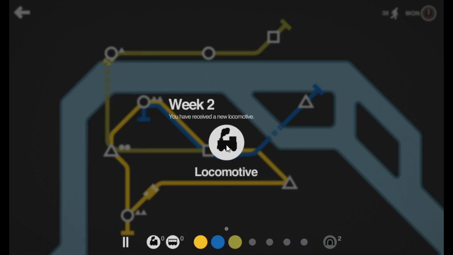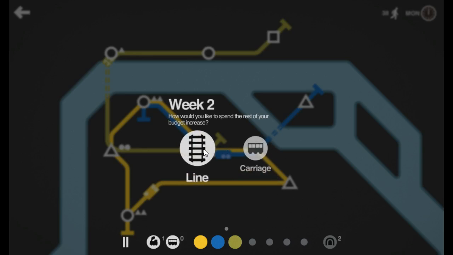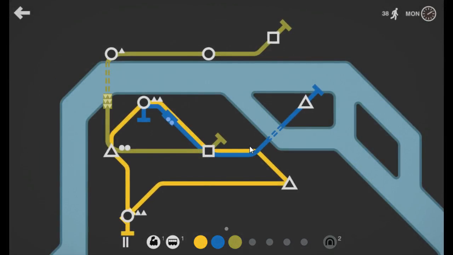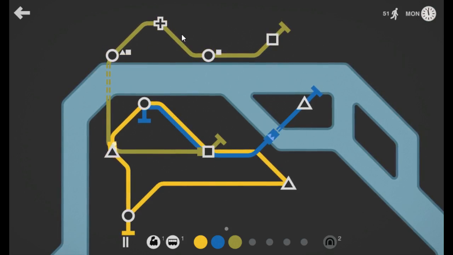So it's week 2, it's Sunday night, we got another locomotive, and then we can choose this time either between another line or a carriage. I'm going to go ahead and say carriage. Now this is a unique shape. I try to have each of my lines go through the unique shape. So we only have 2